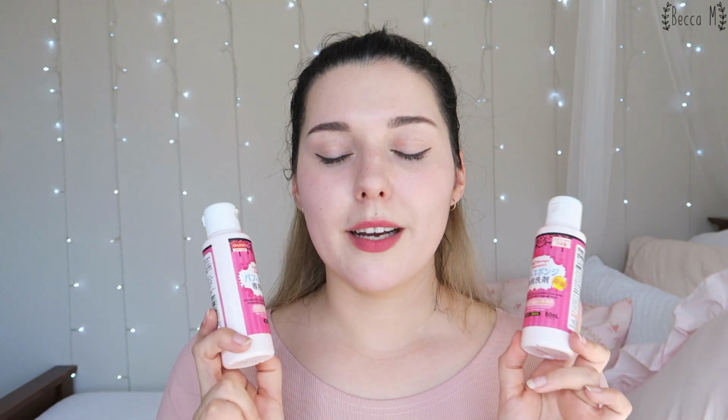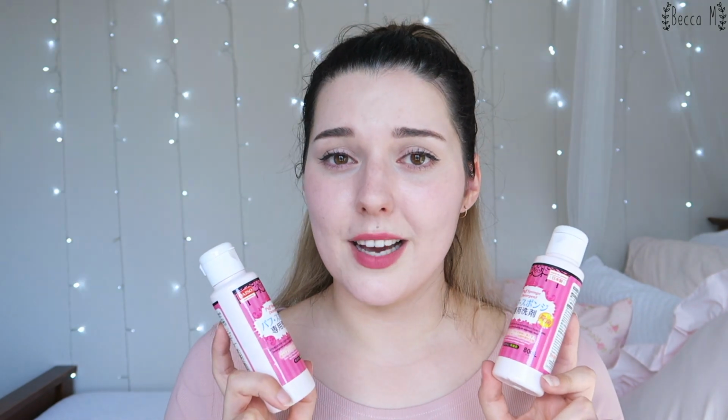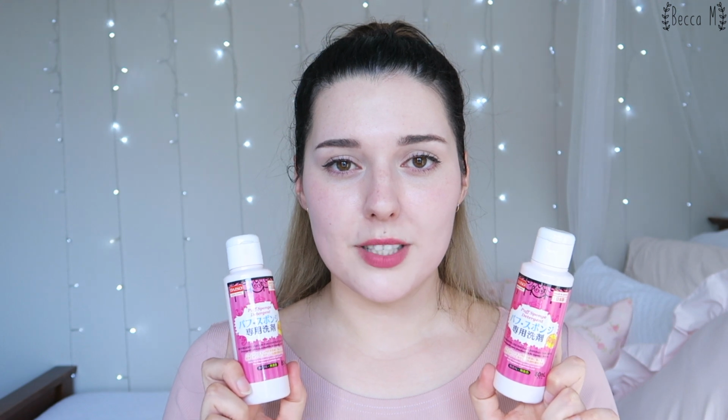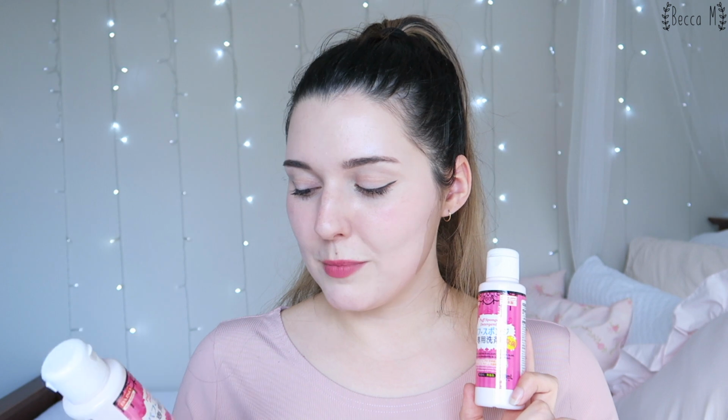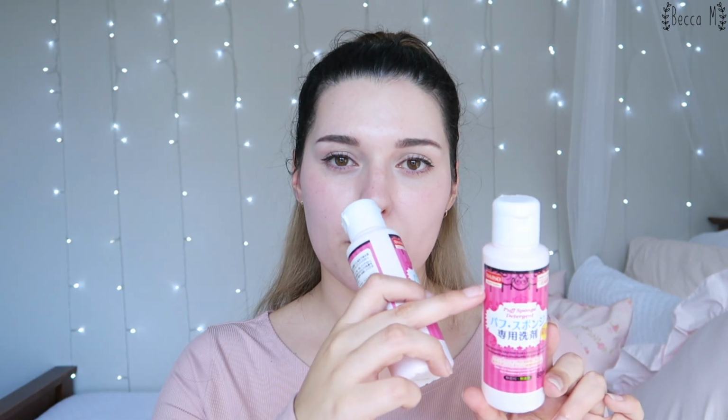This is my holy grail all-time favorite brush cleanser. I think it is probably the best brush cleanser I have ever used. It's really cheap, although I do wish it came in bigger bottles, and I discovered today that the bottles aren't actually full. Like, I assume they're all 80 grams or 80 mils, but the actual bottle is usually like 3/4 full. It's not entirely full, which is strange, but